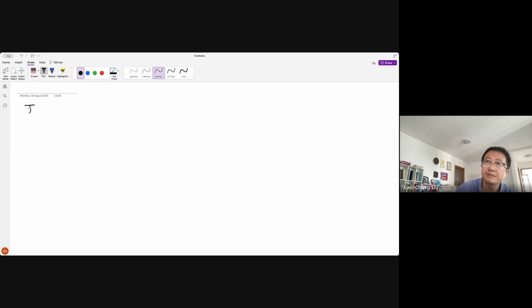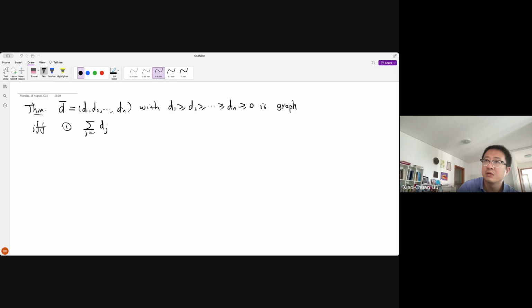The theorem: a sequence d1, d2, ..., dn with d1 greater or equal than ... greater or equal than dn greater or equal than 0 is graphic if and only if, one, the sum of all the numbers is even,